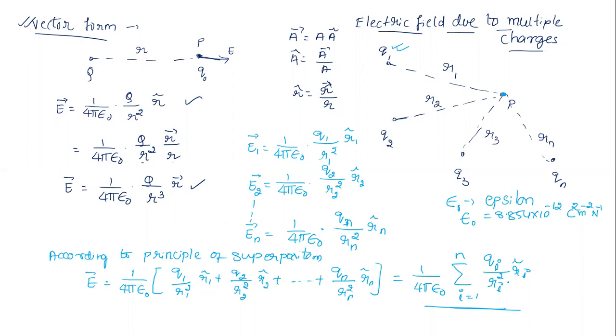So can we move on to the next thing? We go for a new topic, that is electric flux. Okay, before that, let me leave that, let me continue with electric flux only, and we continue later. Is this topic, electric field due to multiple charges, clear to all of you? Is there any doubt? Please let me know, students. Yes, no doubt in this. Okay, electric flux we go later, we go for dipole now.